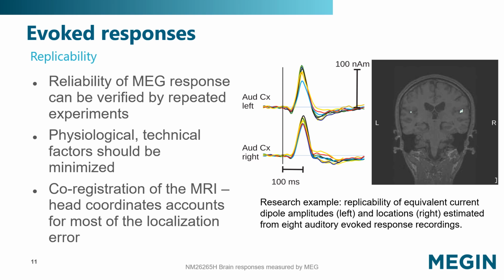In this example, 8 MEG measurements performed on the same subject over a period of 2 years all yielded consistent responses to auditory stimulation. The equivalent current dipole locations of the N100M, estimated from the responses, are shown as blue dots on the structural MRI of the subject. The corresponding source waveforms vary slightly in amplitude, whereas the peak latency remains similar.